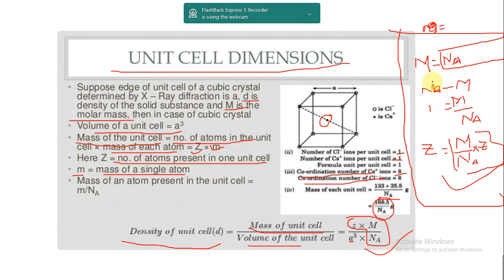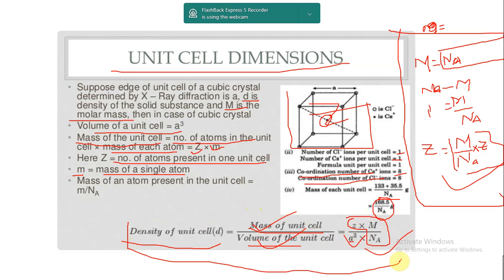Avogadro number of atoms का mass अगर M है, यानी 6.022 into 10 to the power 23 atoms का mass M है, तो 1 एटम का मास कितना होगा? M/Na. और Z एटम्स का मास कितना होगा? तो M/Na इंटू Z. यहाँ पे मेरे पास कितना एटम है? Z एटम है. Z का वैल्यू 1 हो सकता है, 2 हो सकता है, 3 हो सकता है, 4 हो सकता है. तो Z इंटू M/Na मेरा Z एटम का मास हो गया और वॉल्यूम ऑफ यूनिट सेल हो गया a cubed. तो यहाँ से निकल जाएगा डेंसिटी ऑफ यूनिट सेल. गॉट इट? सो टुडे अप टू दिस ओनली. इन नेक्स्ट लेक्चर वी विल सी अबाउट